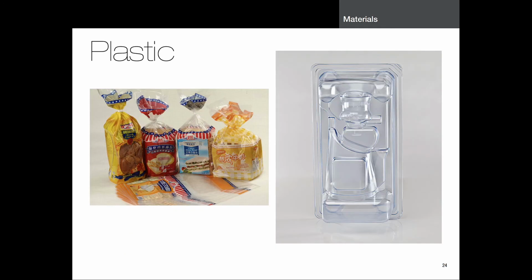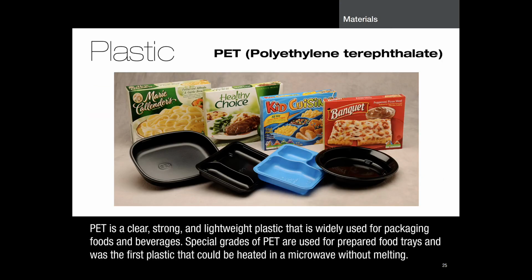And again, plastic, similar to metal, could be something as thin and flimsy as the plastic you see bread come in if you go to the grocery store. Or you can get the plastics that are much thicker and more rigid, like the blister packs, which I talked about in the history, which are like bulletproof and nearly impossible to open if you've ever been stuck trying to do that. A couple of the more common types of plastic, this is called PET, or polyethylene terephthalate. Why this is important is